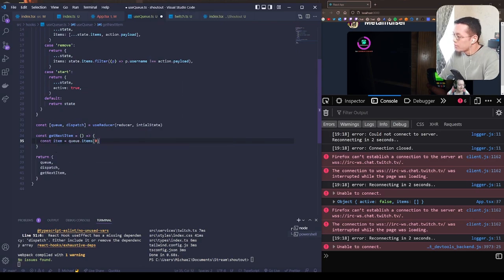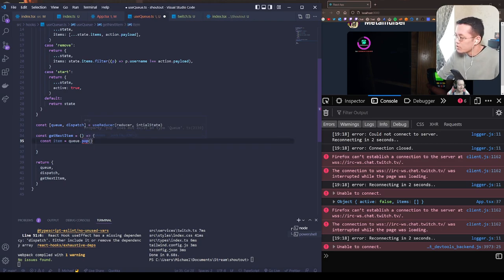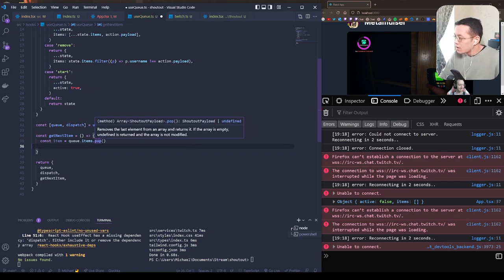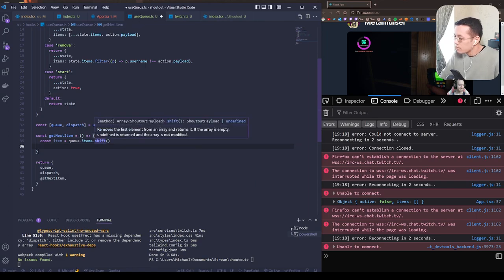Const item, q.items[0] for the first item. I could do pop. I think pop is the first. Oh wait, q.items. Oh, that's the last. I think is it shift? Shift. Yeah. I think this